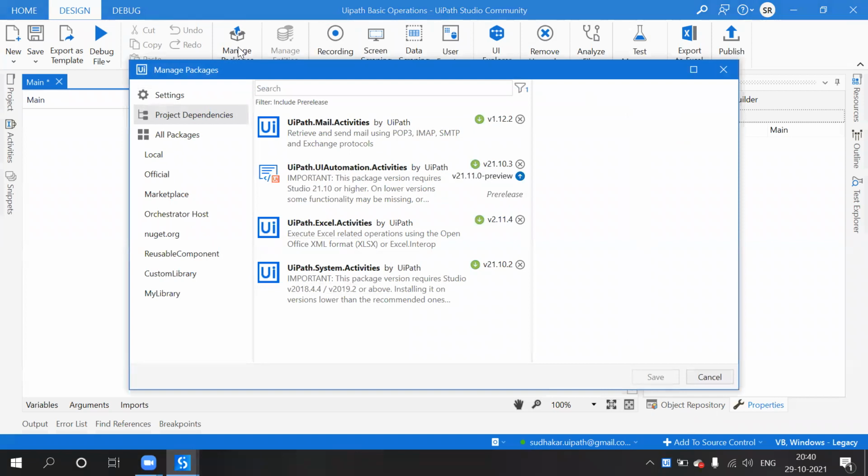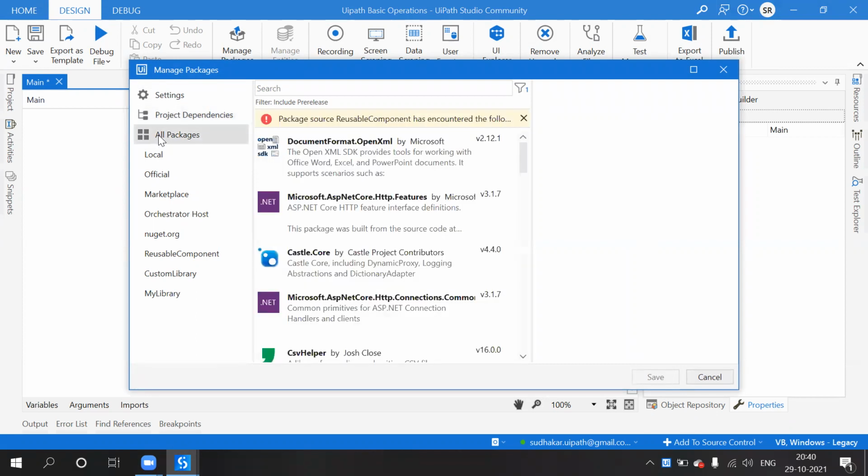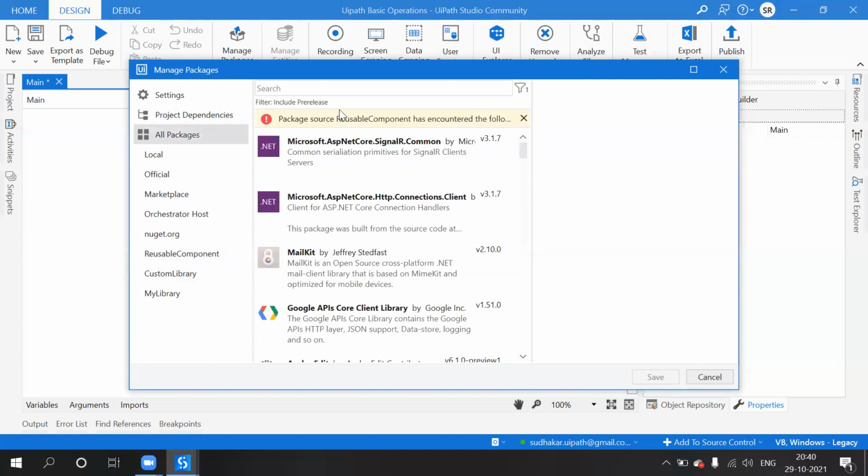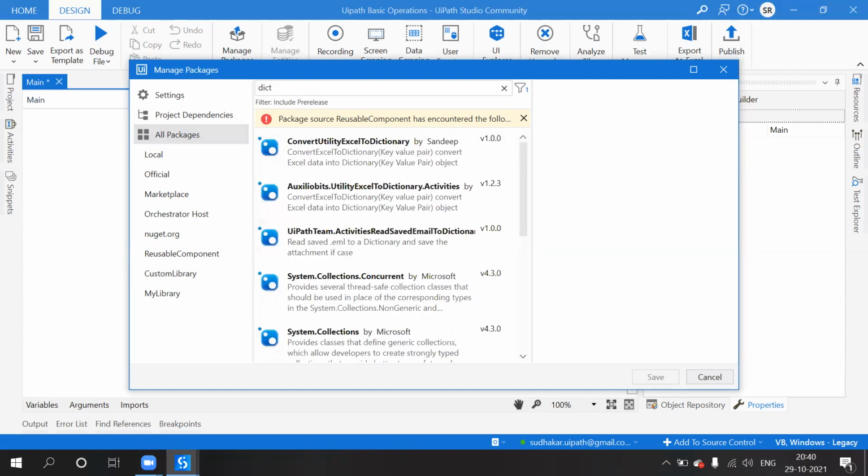Just click on Manage Packages, select All Packages, and search for dictionary.